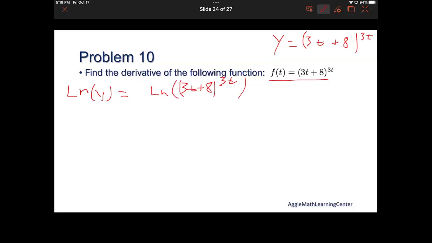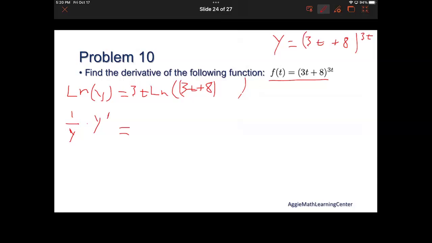I am then going to use one of our logarithmic properties that says I can pull this 3t out front. So I'm going to erase and put that 3t up front. Okay, now I'm going to derive. The derivative of the left side is going to be 1 over the inside of our function times the derivative of the inside, which is going to be our y prime or dy dx,